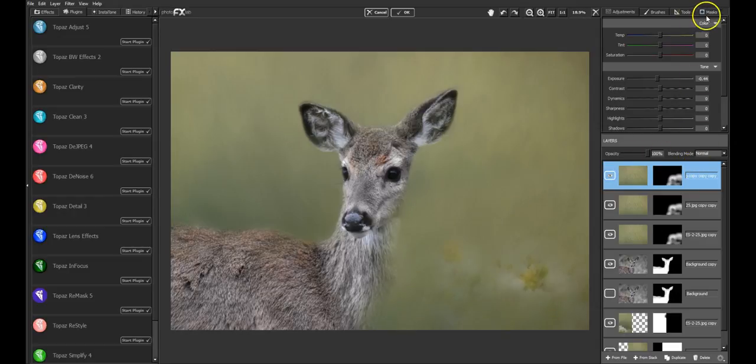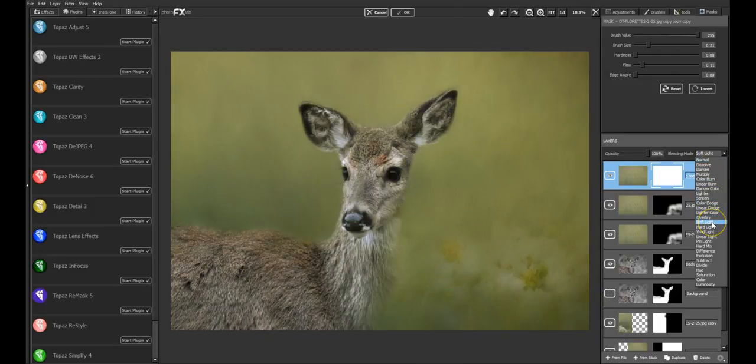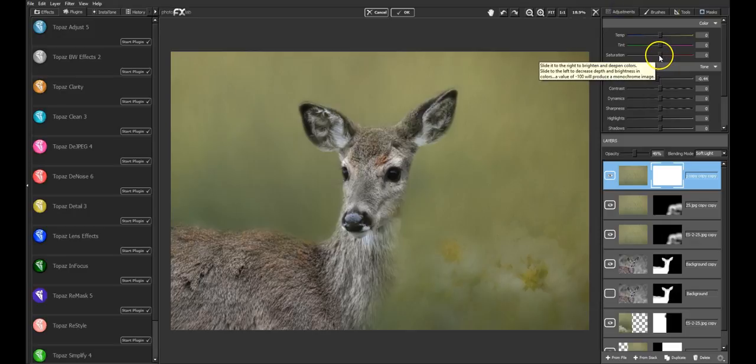But I am going to reset the mask on this and do the soft light. And I'm just going to do it at maybe around 50% opacity, so it's not quite so green. I could always adjust here by turning the saturation down if it's too green. If I want to use it at full opacity,